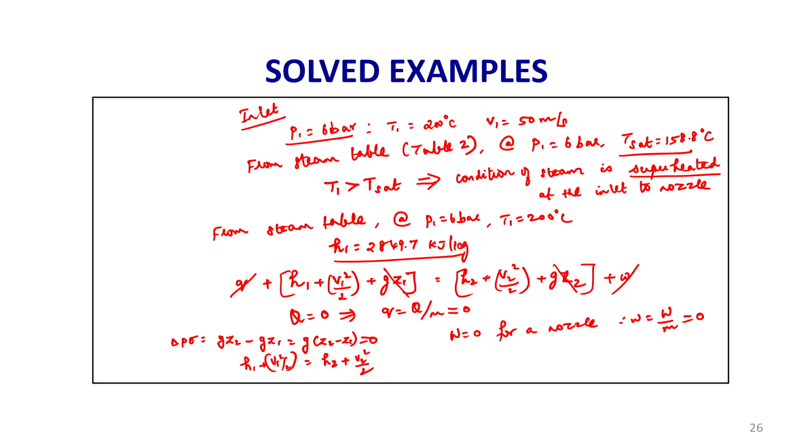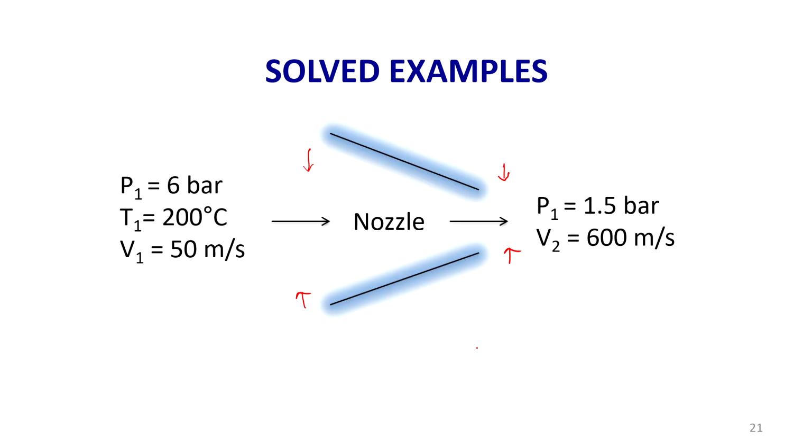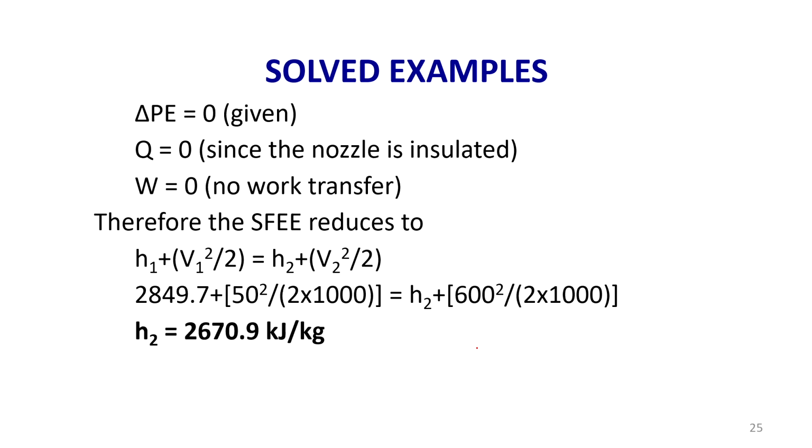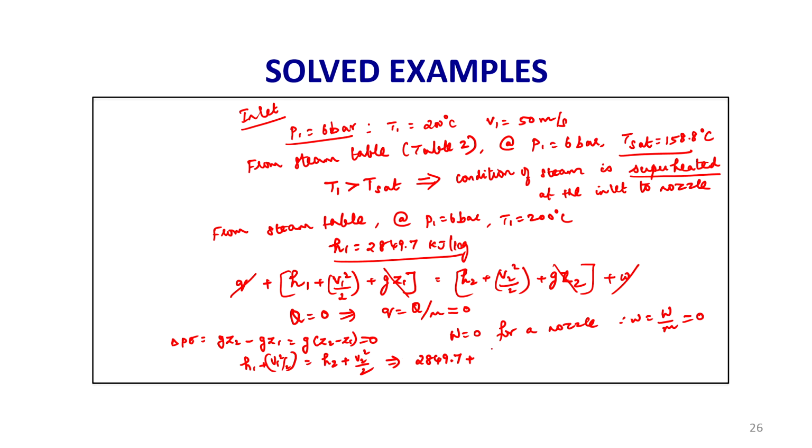H1, we have determined from the specific enthalpy of superheated steam from the steam table, is 2849.7. So, substitute the value 2849.7 plus the initial velocity. The initial velocity is given as 50 meter per second. 50 squared by 2, that is equal to